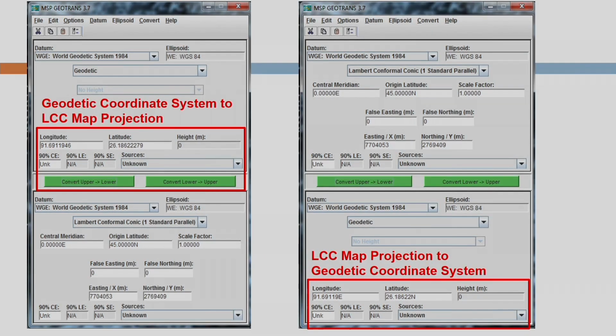And what about the batch processing, or what about the point data processing with other projections? Let us see the geodetic coordinate system to LCC map projection. Same process you will follow, only in the output you will select the Lambert conformal conic projection, maybe with one standard parallel, that is tangent system, or maybe with two standard parallels. The example here is shown with one standard parallel. On the left hand side I am converting from geodetic to LCC map projection. On the right hand side I am converting back from LCC map projection to the geodetic coordinate system. You can also try yourself, it's pretty easy.